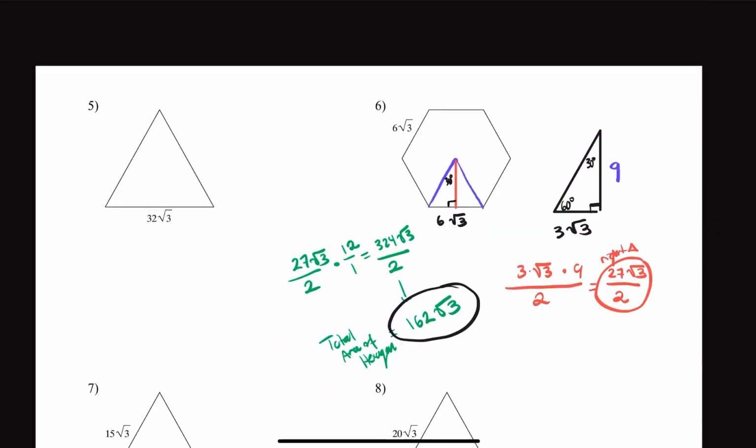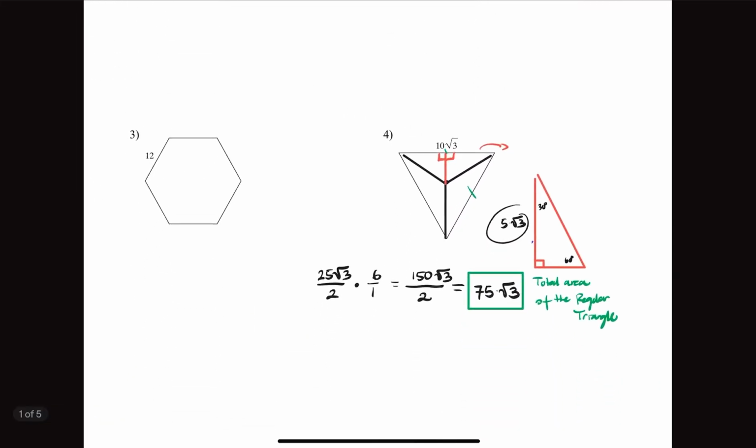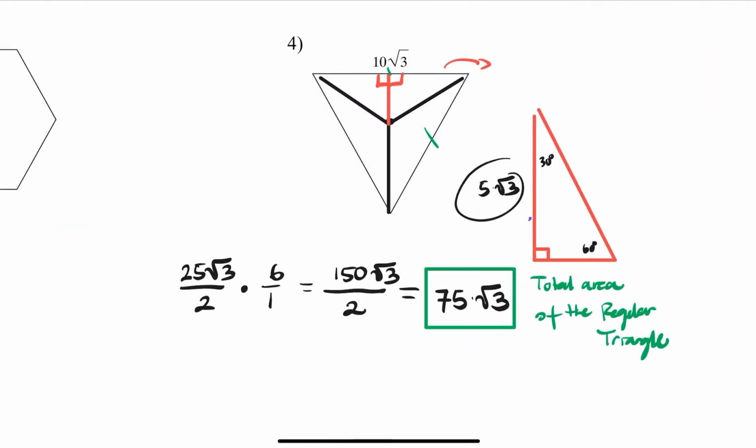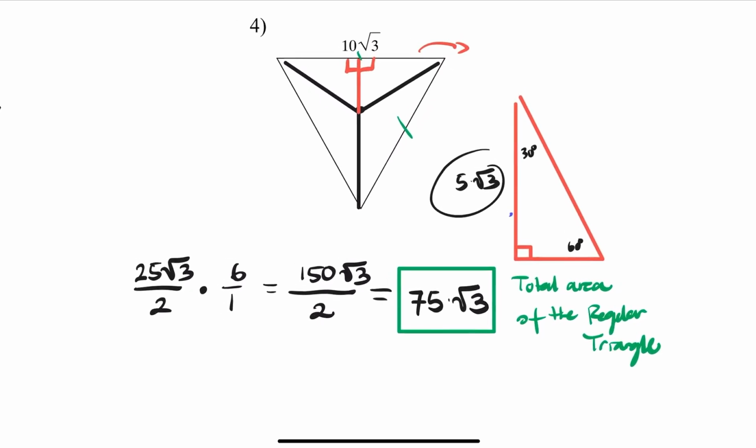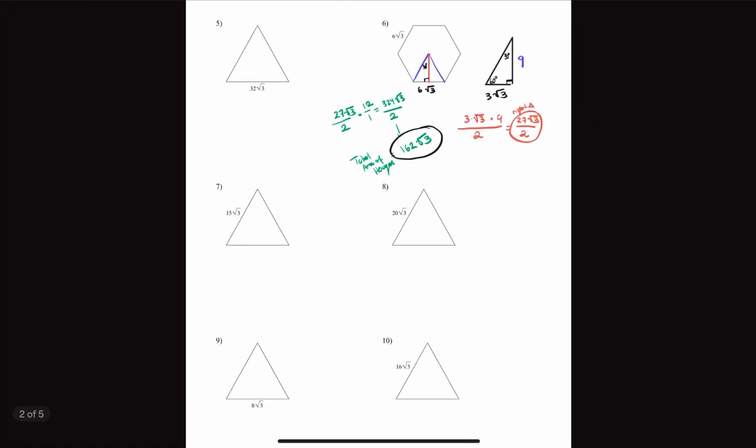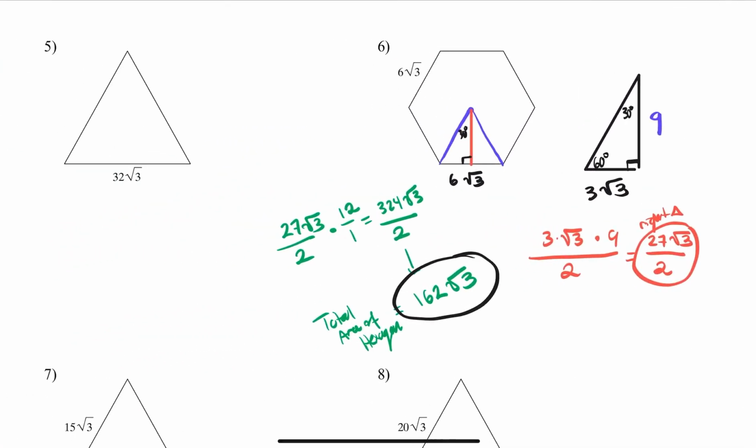And so what you've seen now is an example of us using special right triangle knowledge to find the area of a regular polygon that's a triangle, and then also one with a hexagon. All right, I hope that